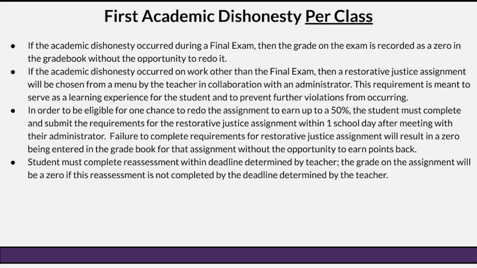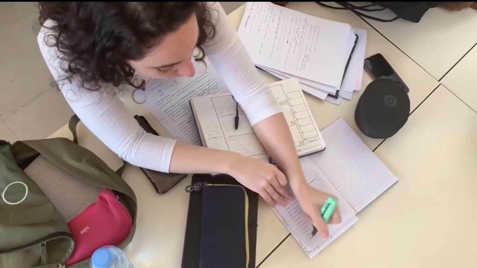If the academic dishonesty occurred on work other than the final exam, then a restorative justice assignment will be chosen from a menu by the teacher in collaboration with an administrator. This requirement is meant to serve as a learning experience for the student and to prevent further violations from occurring. In order to be eligible for one chance to redo the assignment to earn up to 50%, the student must